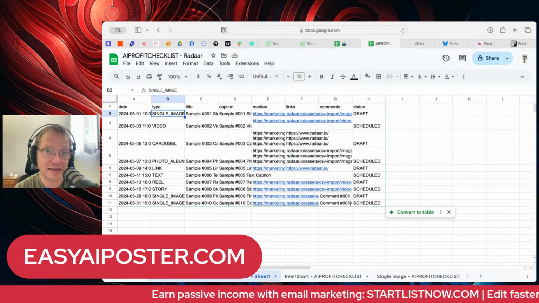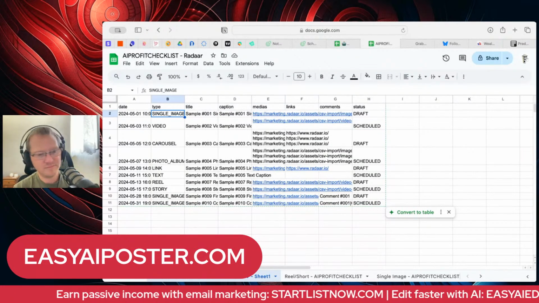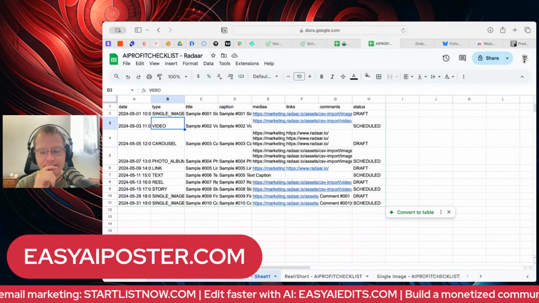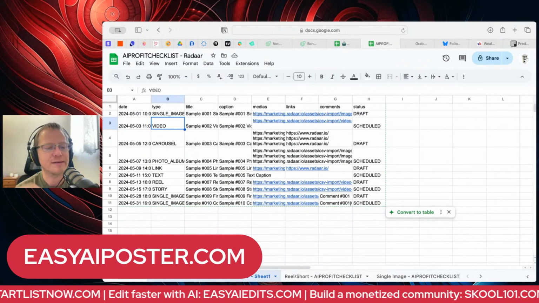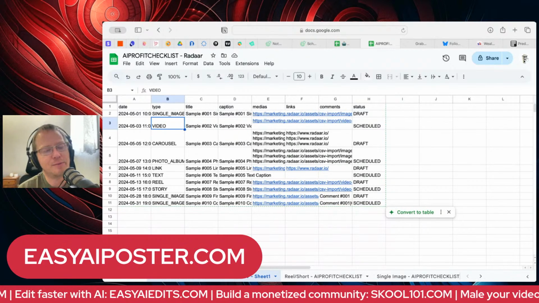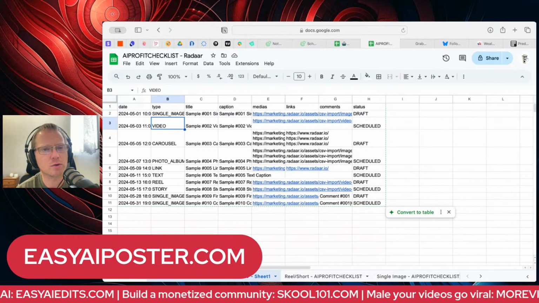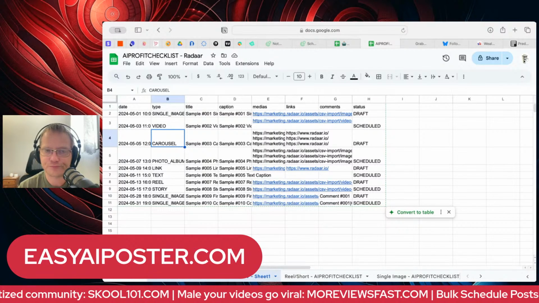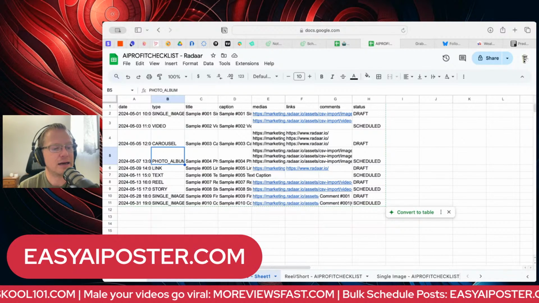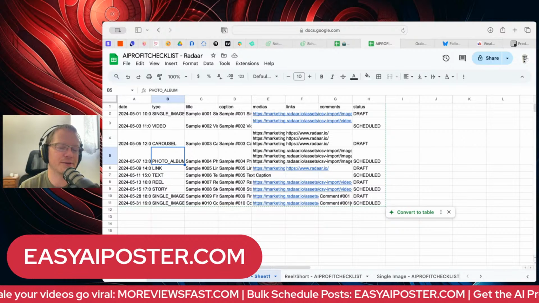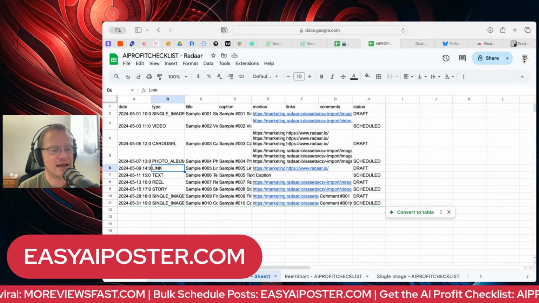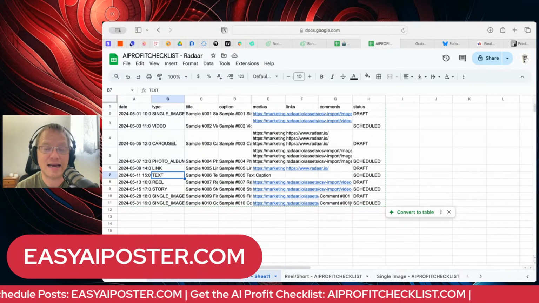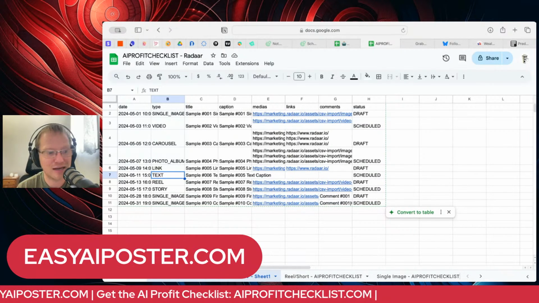Now, there are the different styles. Single image would be like the Instagram photos. Then you have video, which would be like a YouTube video or a square video, anything but a vertical reel, short style video, or TikTok. Then carousel, we talked about those already, a row of things. Then there's a photo album, which is a little different than a carousel, but I'm not messing with that today. Text would be like a text post. Again, I'll show you that one.